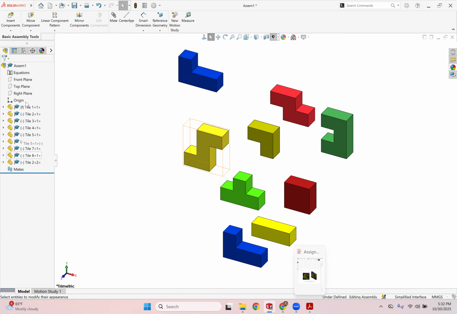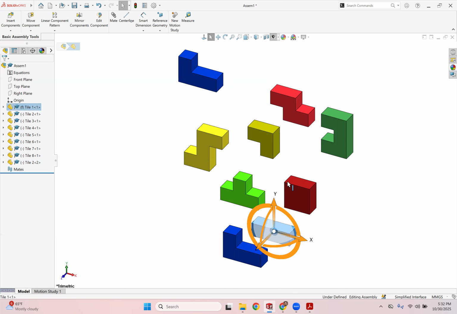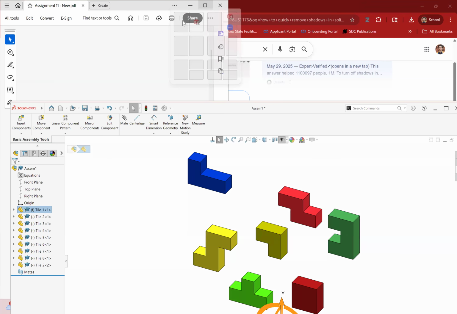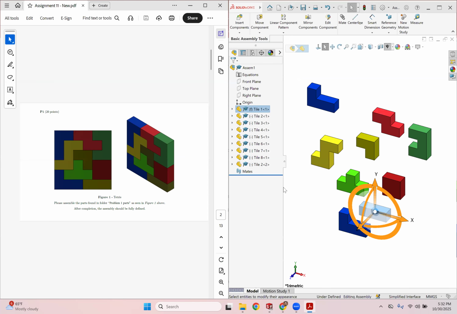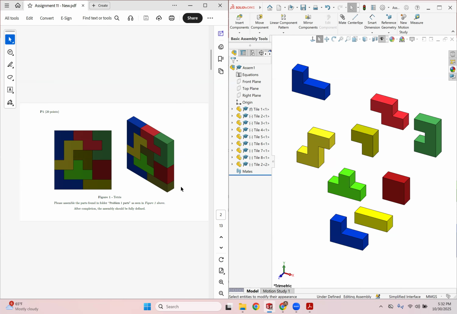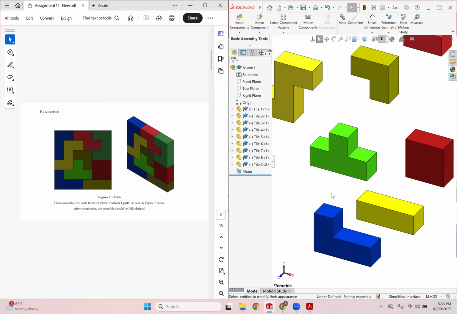So we can start working on our problem. Currently, this is my tile one. And if I bring up our work again, this is what we're looking at. Now, since we're assuming that the width of these blocks is the same, if we mate two edges of the blocks together, it should line them up right where they need to be. For instance, let's go to our,